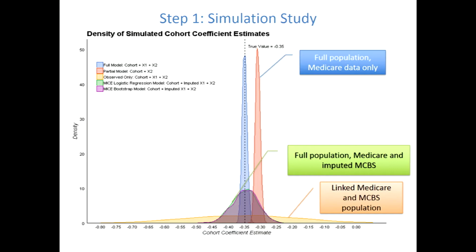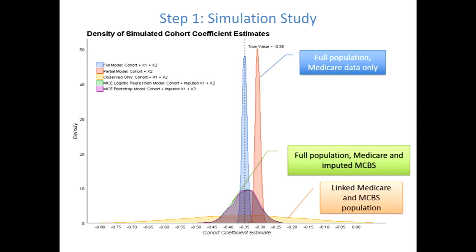In this simulation, this is the perfect, well-balanced study, centered around the true value, very thin, with X1 and X2 covariates. We are going to make X1 disappear, and this is the biased estimate. Still very precise, but biased. Then we analyze the survey population, this much smaller survey population. Very precise, very well centered around the true value, but huge variability because of sample size.